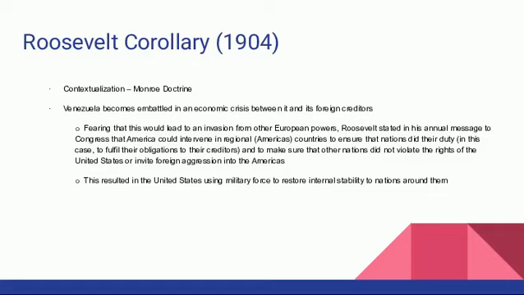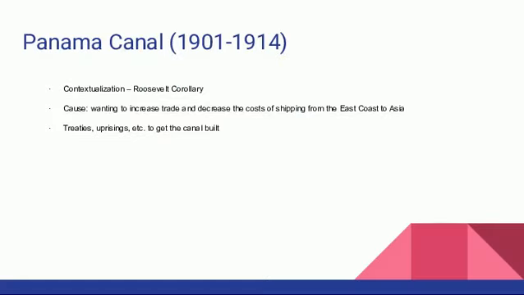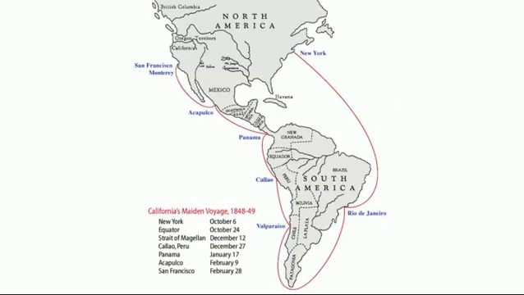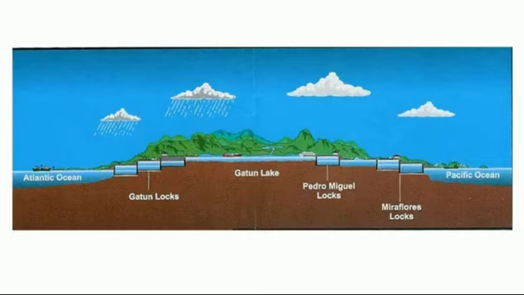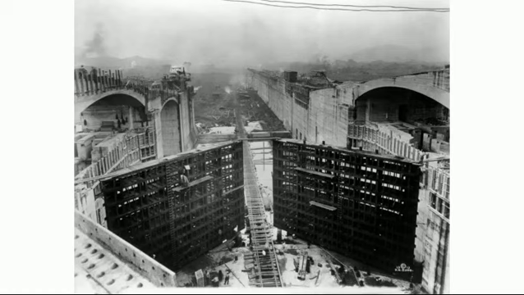So, for example, the Panama Canal, if you want to do an arrow between Roosevelt Corollary, that's probably the best example. As you guys learned about, we wanted more trade routes, which is the major context for this. So we create the Panama Canal through Panama. But if you know anything about Panama, Panama goes up about 5 miles above sea level. So how are you going to get ships to go across when the sea level is so high? So that's when you get your lock systems. So basically, the Panama Canal is a massive series of locks, and when you go through these massive locks, it allows you to go up, and then it allows you to drop down.